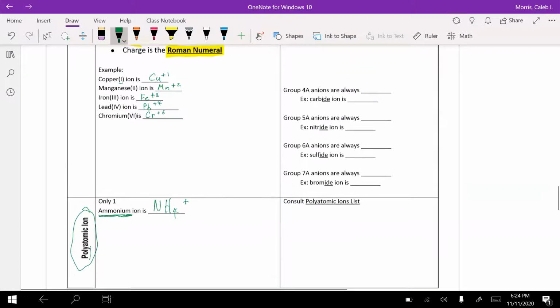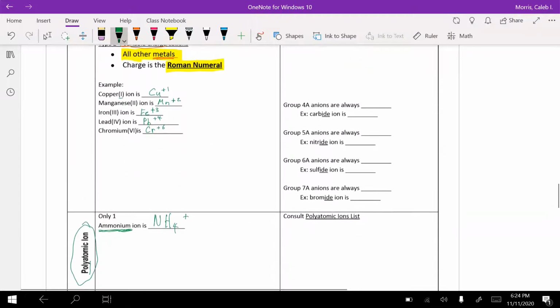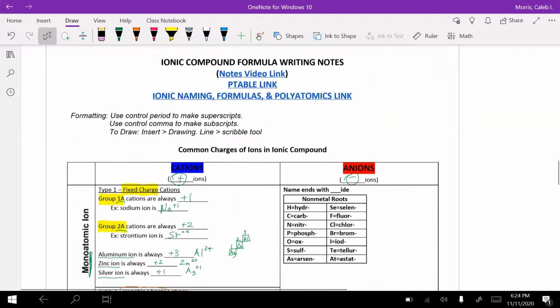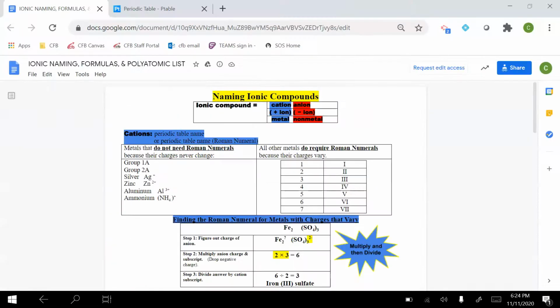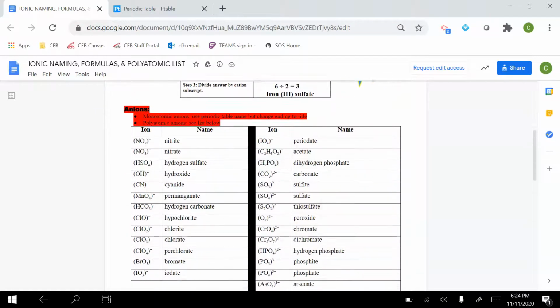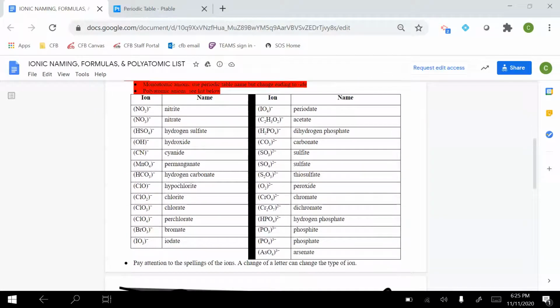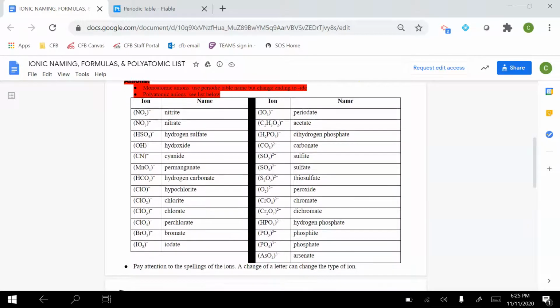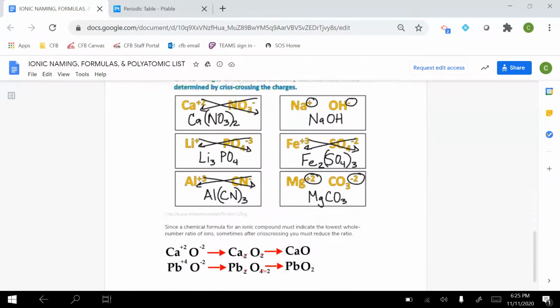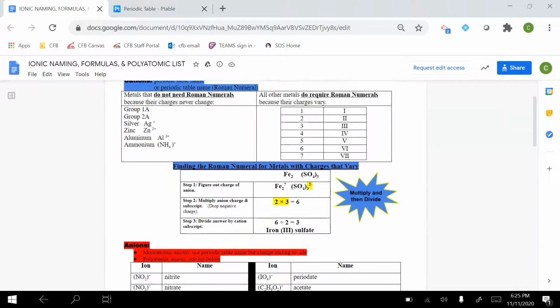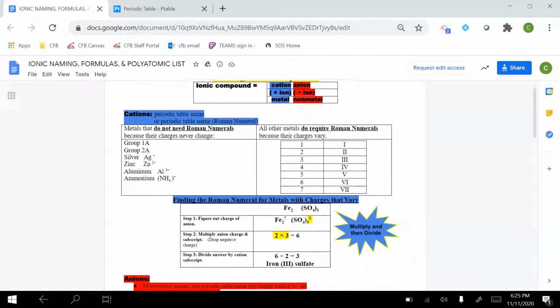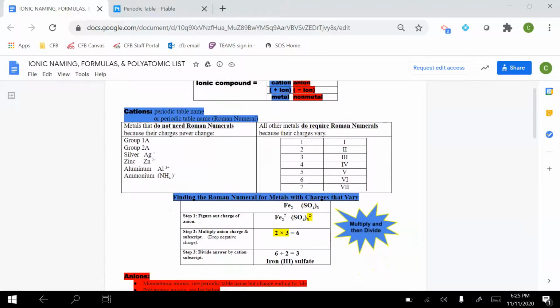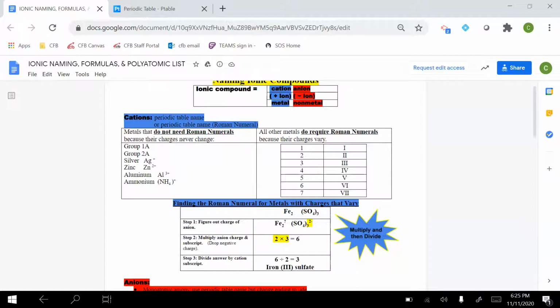I mentioned that polyatomic ion chart for the first time just now because most of them are negative. Let's look at the polyatomic ion chart. Here it is. There's some other helpful tips on here, but this is our polyatomic ion chart. You've got your anions, the negative ones here, and the cations. Since there's only one of them, it's listed up here. Okay. You can also find this on the back of the periodic table,